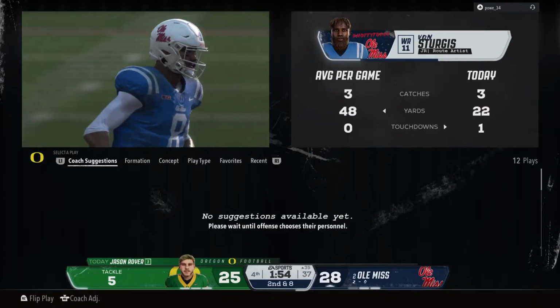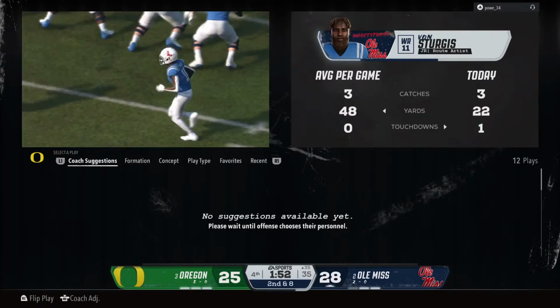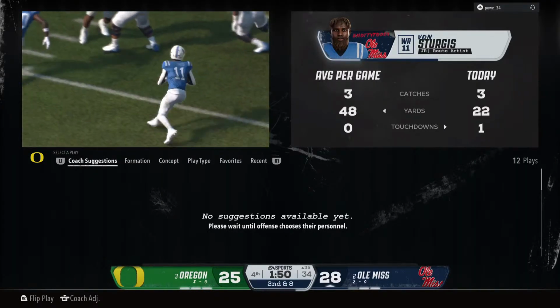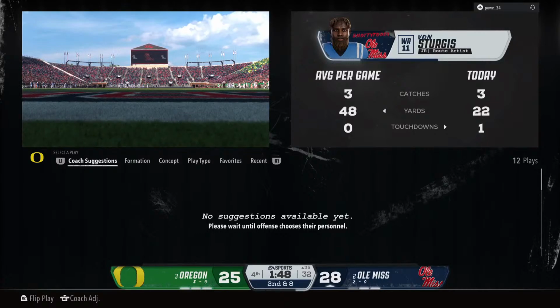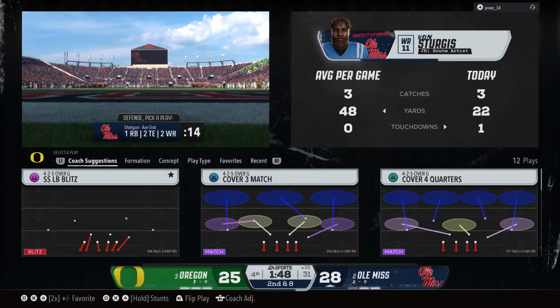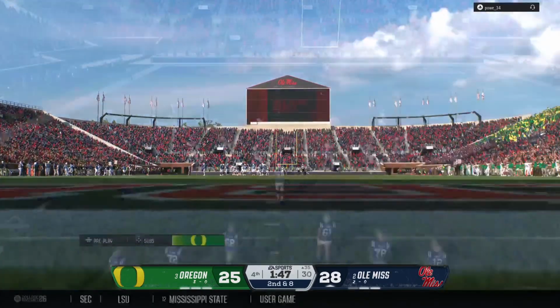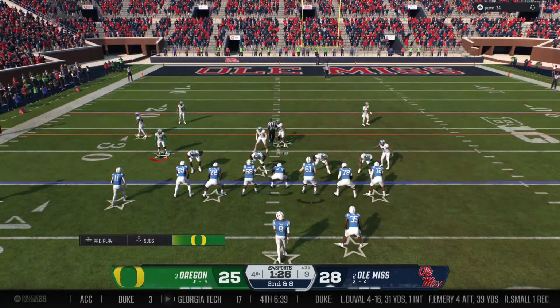Well, I'm a big fan of that jet sweep motion. It really forces the defense to stretch out horizontally and can create some vertical seams for this offense. They got some positive yards. Didn't quite get the first down, but I'll tell you what, they've planted a seed on this defense, and they better defend this style of play moving forward.